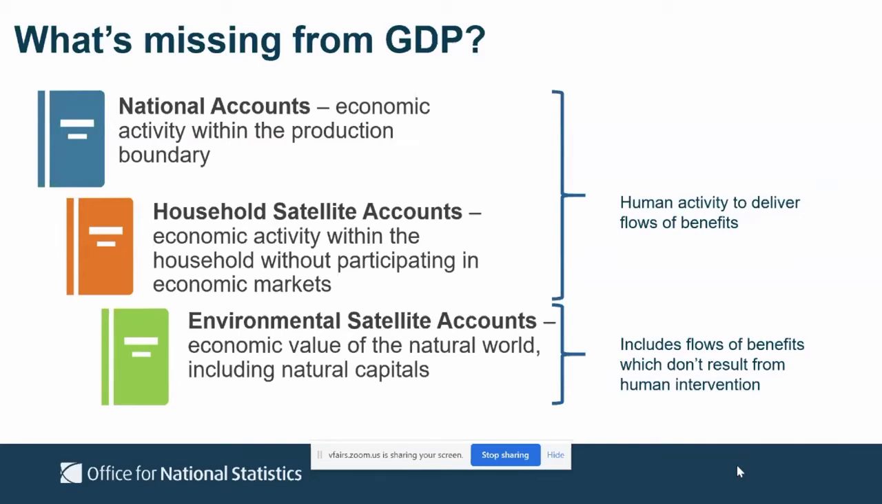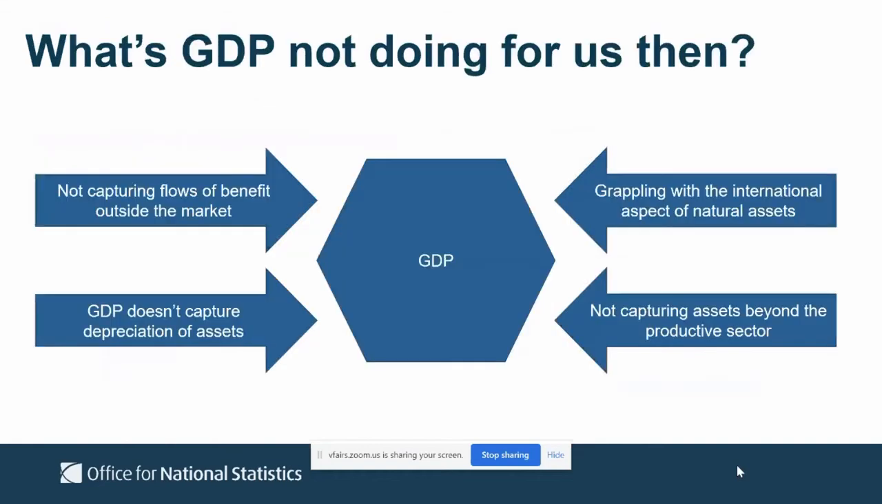And that therefore takes me to the next part of the talk around what can we learn from GDP? So in a sense, again, what's GDP not doing for us? It's not capturing these flows of benefit from outside the market. As it's a gross measure, GDP doesn't capture depreciation of assets. And as Paul described, the importance of understanding the sustainability of our capital base is really key to a concept